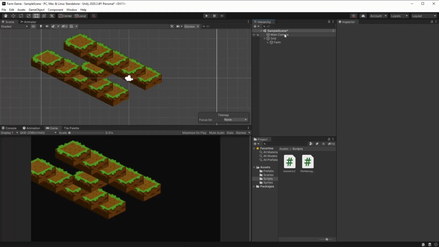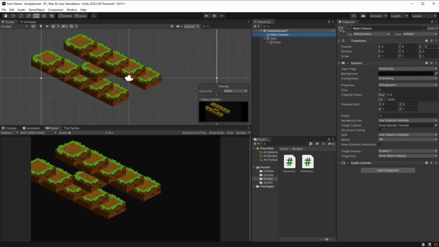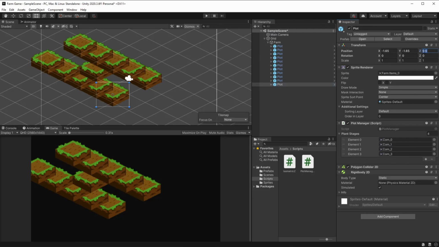This is because if you look over here on the main camera, it's positioned at -10, and if we were to position a plot too far behind on the Z-axis, for instance at -11, it doesn't get seen anymore. If it's positioned at -10, it also doesn't get seen. So we need it to be in front of the camera so it can be seen. As you can see, at -9 you can see it, and at -10 you can't. This happens because of the position of the camera, and we've got to be very careful about it when we're setting